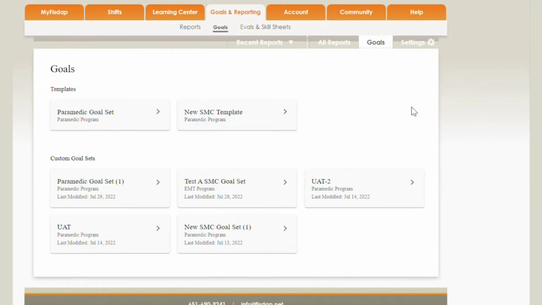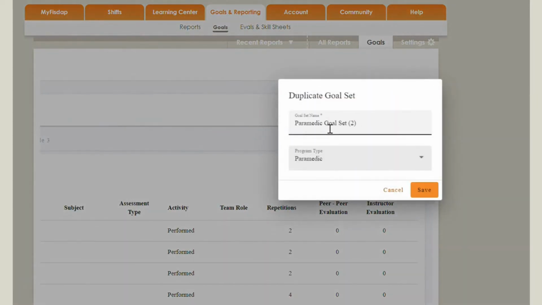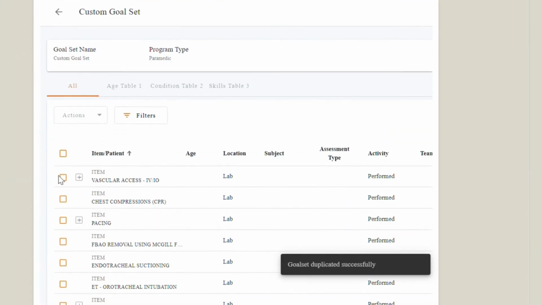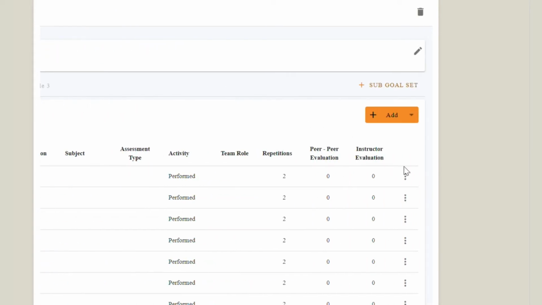For the other type of goal set, the paramedic goal set used for the student progress report, this one will be fully customizable. So if we duplicate this template and give it a name, when it opens up, we can select some of these items and either delete them or move them to different sub-goal sets. We can also, if we click on the edit, duplicate them or delete them, and then we go